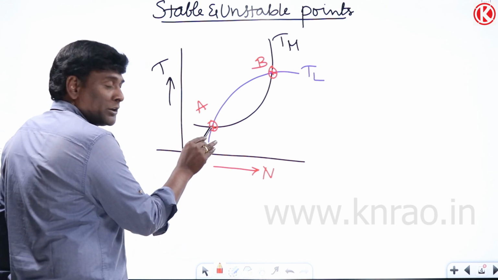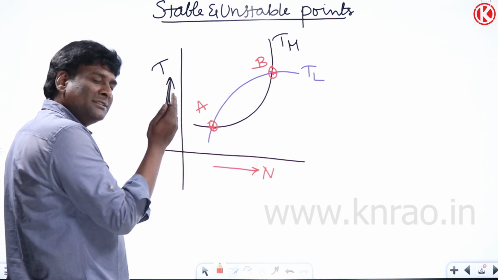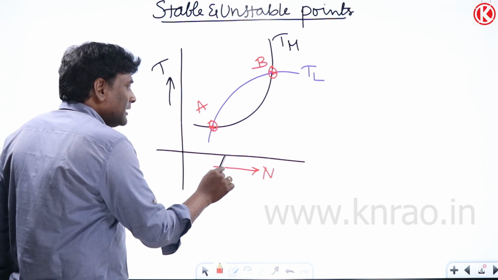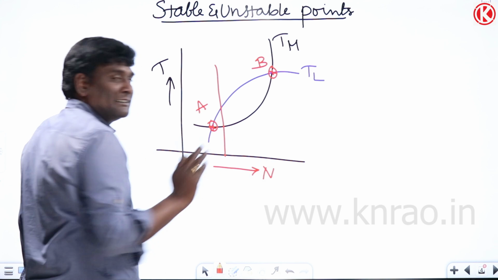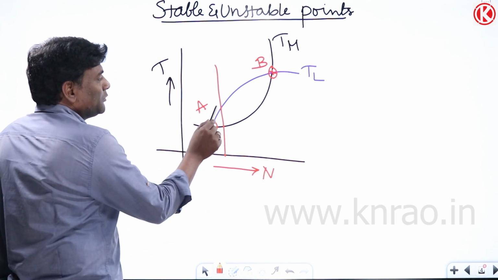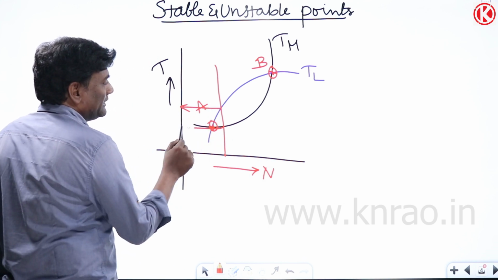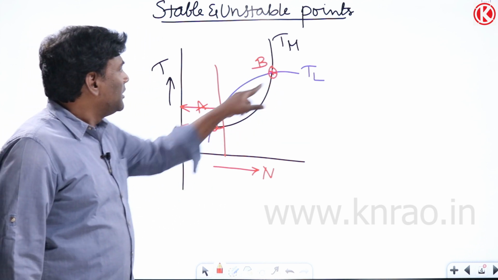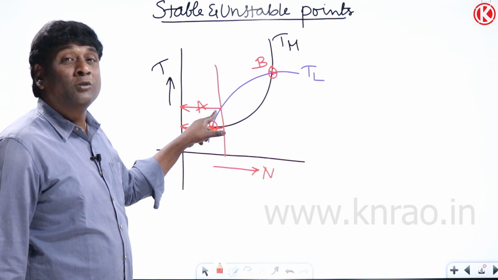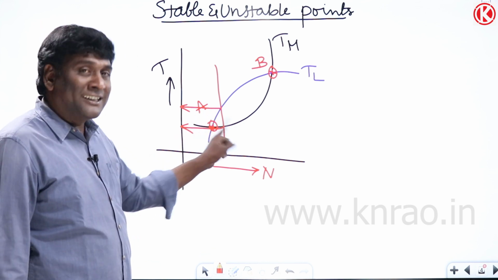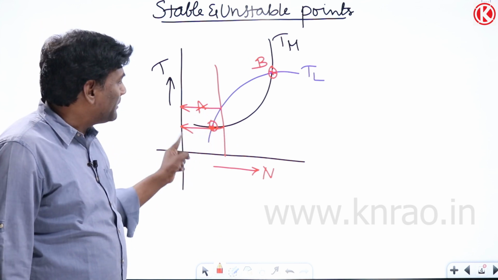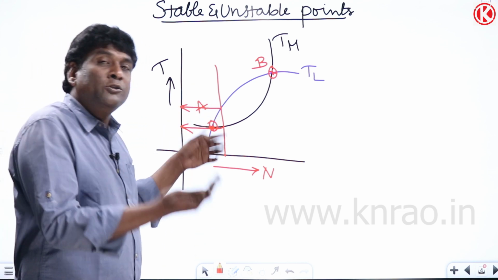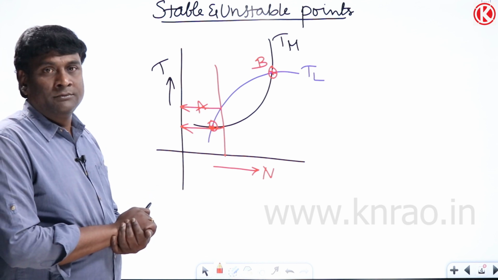This is the stable operating point. No, that is the interconnection point. After that, drive one line in the direction of increasing speed. Then if you think of here and here, black is the torque developed by the motor and blue is the torque requirement of the load. After this junction point, what is happening? The torque requirement of the load is increasing, while the torque developed by the motor is going to be reduced or less.